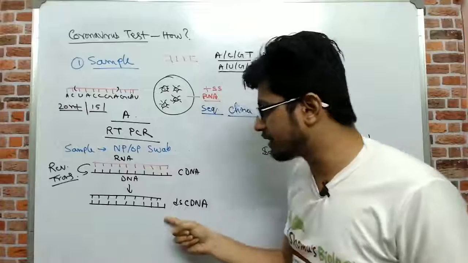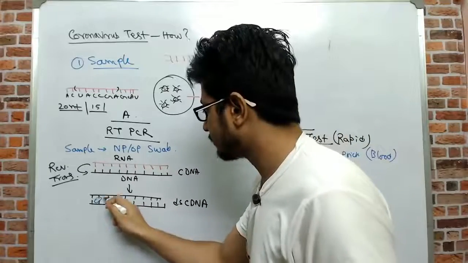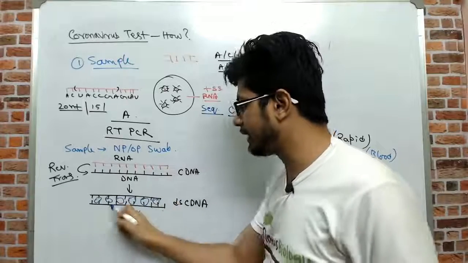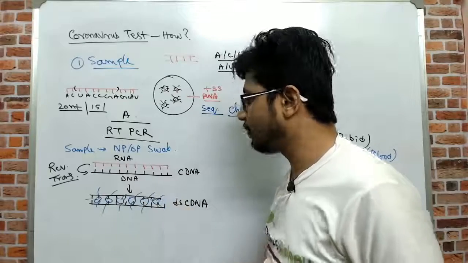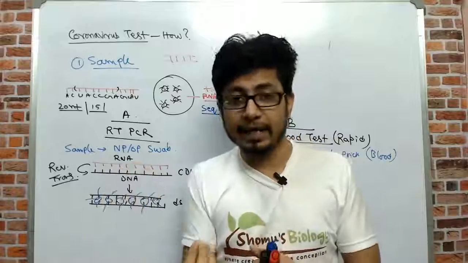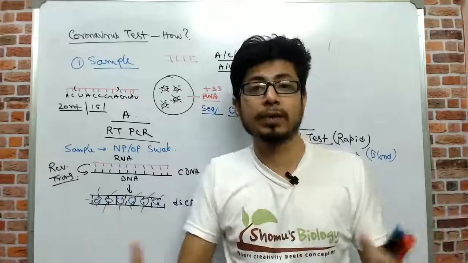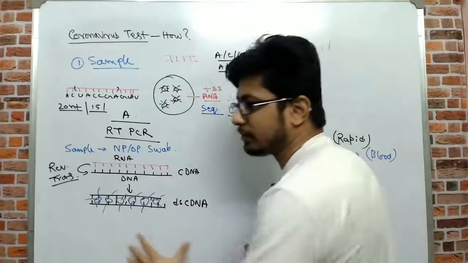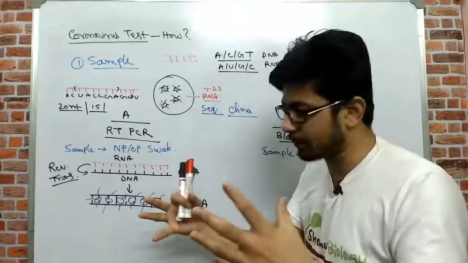Whenever there is a double stranded form of the DNA, that probe binds with that DNA. Okay, let's say these blue colored things are the probe that binds with the DNA, and that can emit fluorescence, which can be detected, which can be measured, and not only can it be detected qualitatively, but we can detect it quantitatively. That means the amount of fluorescence we are getting, we can detect that. So whenever there is a double stranded DNA, that means whenever there is an amplification, you are going to see a fluorescence coming out of it.